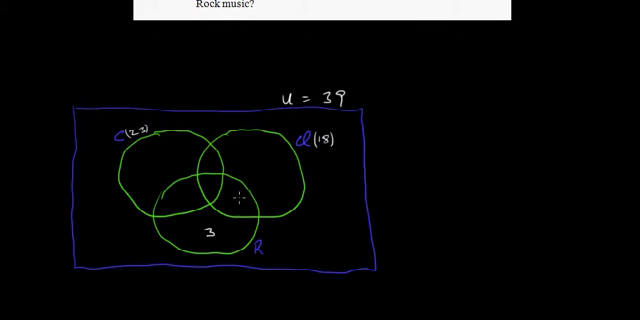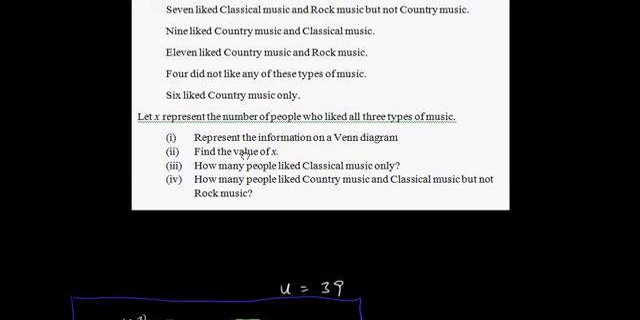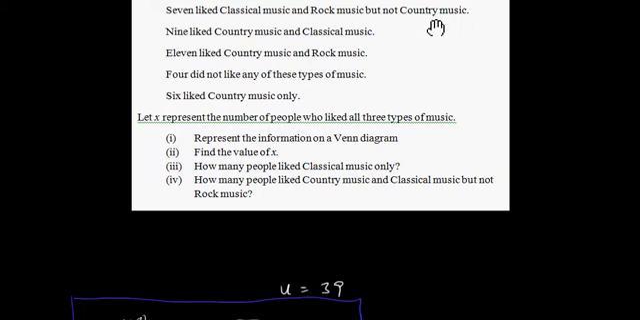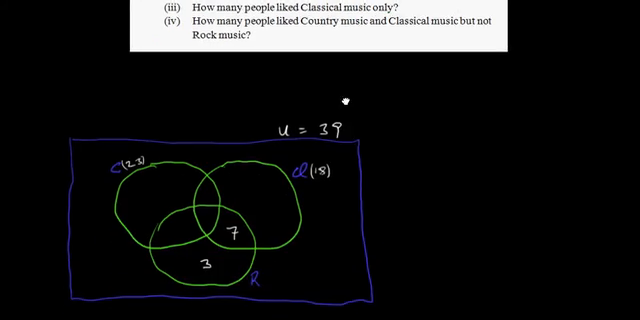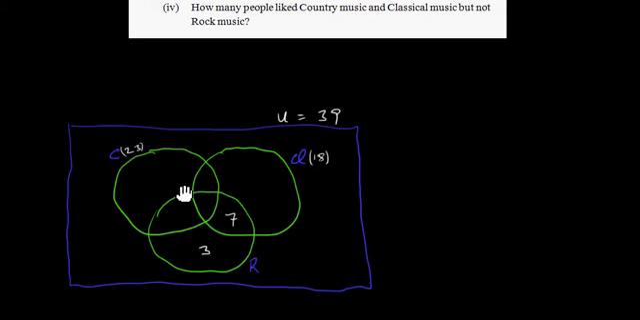So we can leave them out of here, so we know that the 7 go here. So that's fine. 7 liked classical music and rock music, but not country music. 9 liked country music and classical music. So 9 will go here,